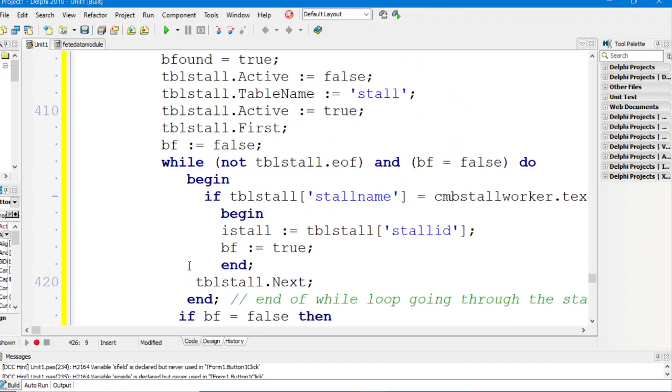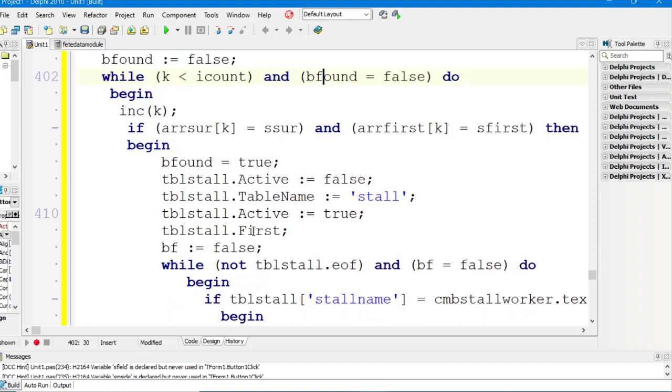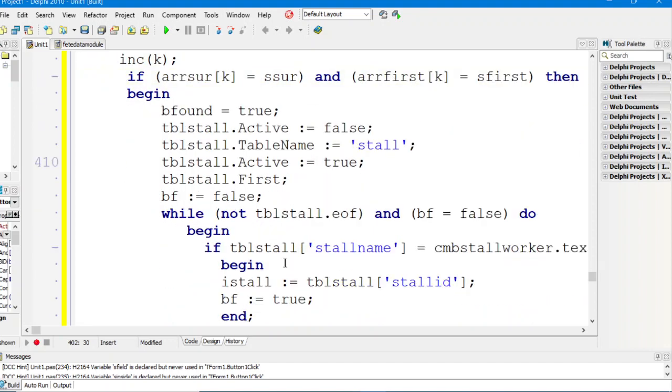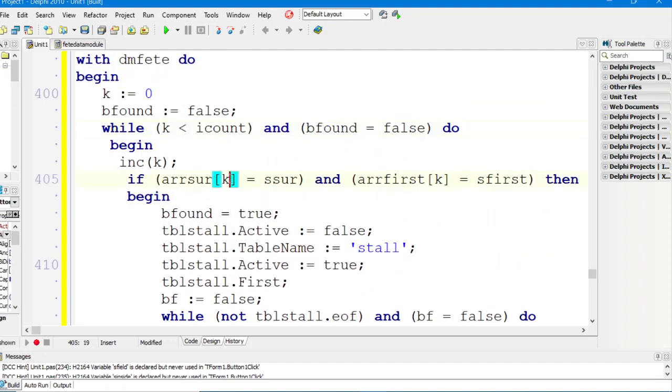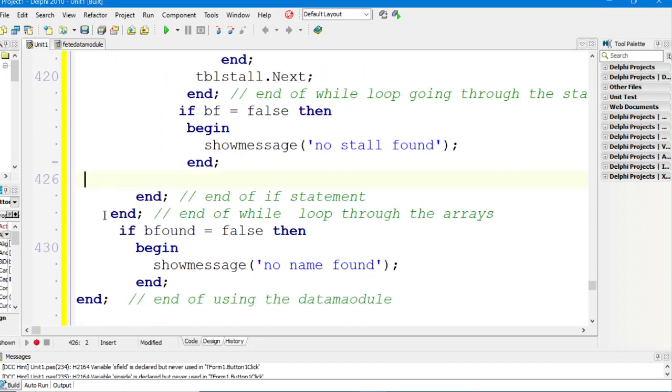We are going to, but remember the while loop will stop. B found is false. So yeah, if we find it, then we've got to say B found equals true, but that K needs to be kept safe. We need to actually use K, you see. So if we do find it, we don't have to worry about that. K is going to be our number,